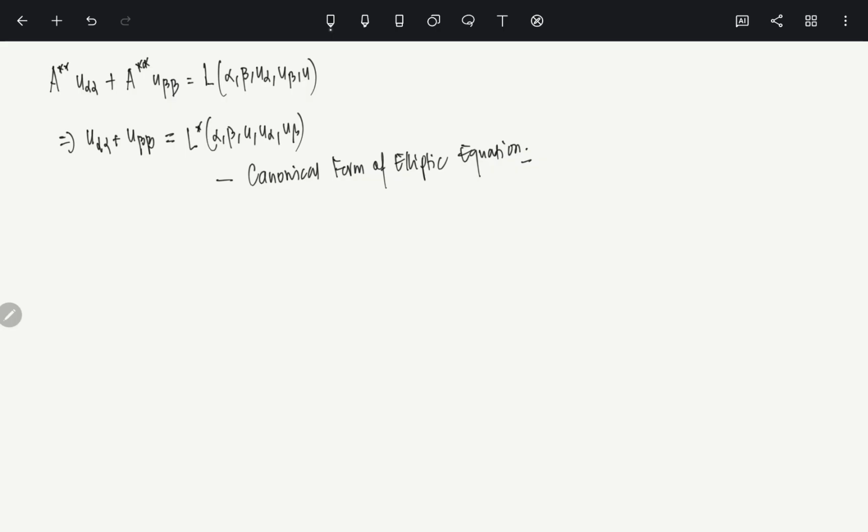So if you remember, what is an example of an elliptic equation we talked about? Laplace of u. How does it look? u xx plus u yy equals 0. This is the Laplace equation, and I told you this is the prototype of an elliptic equation. You see, it exactly looks like this. And what is the lower order term? In this case it is 0. So u xx plus u yy equals 0. Okay. So elliptic, parabolic and hyperbolic equations have as prototypes essentially Laplace, heat